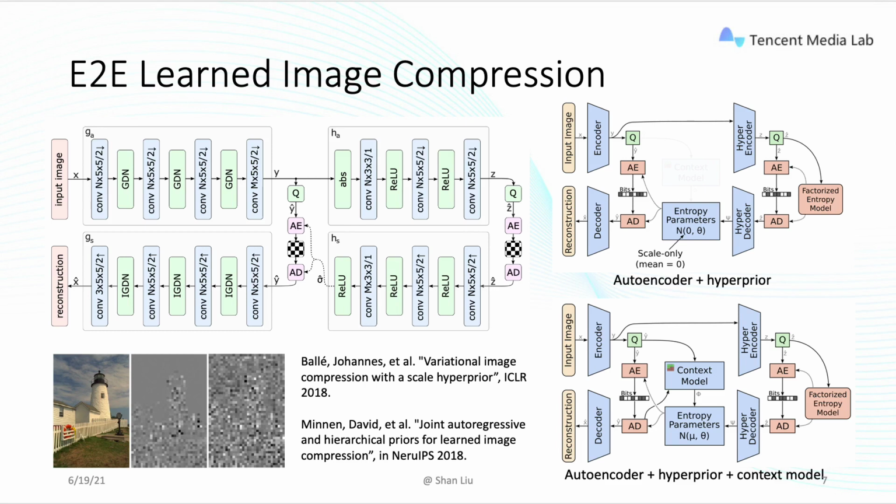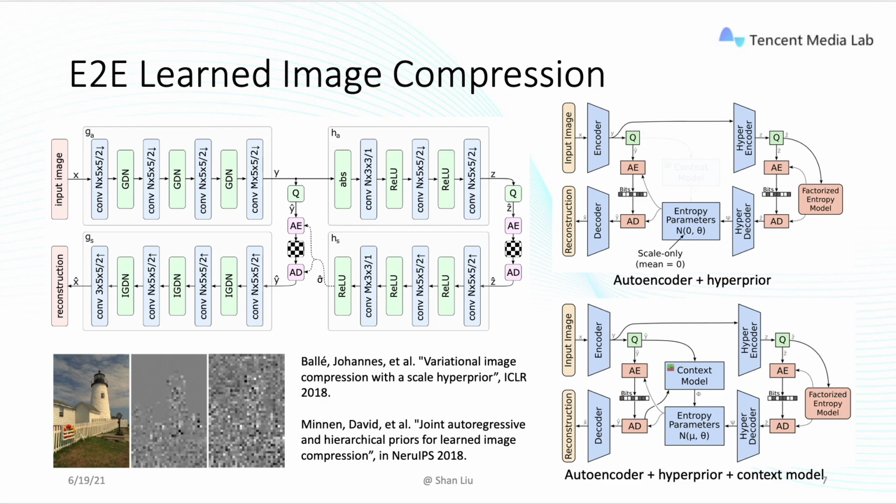The left side shows an image autoencoder architecture where the analysis and synthesis transforms are convolutional neural networks. Q represents quantization, and AE and AD represent arithmetic encoder and arithmetic decoder,